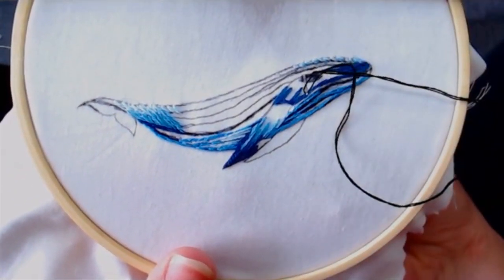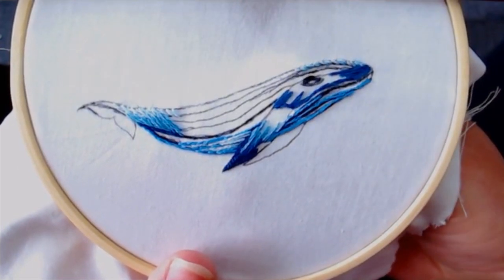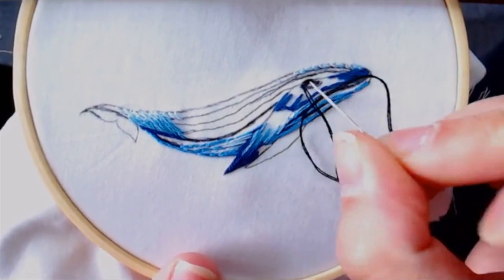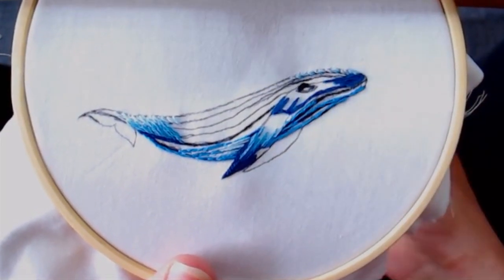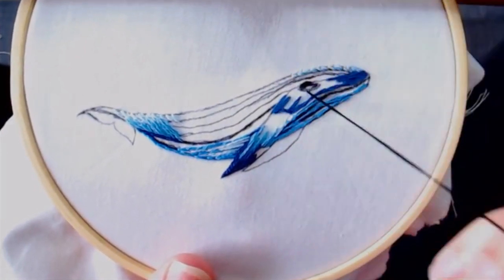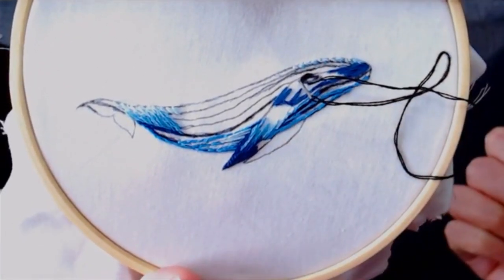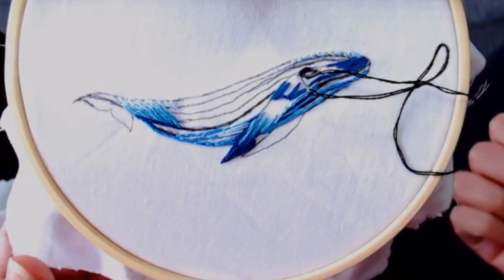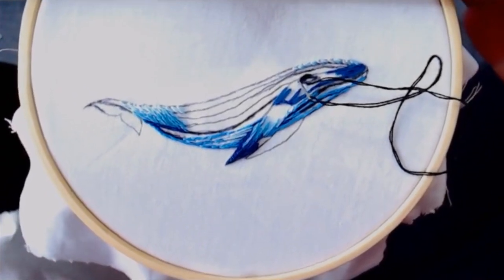So here we're gonna do the eyes. We're just gonna fill it in with black. So also the split stitch, you're just gonna make sure it's all black. You should go in from the one stitch to the other stitch. And when it's all black, when you've made it all black, then